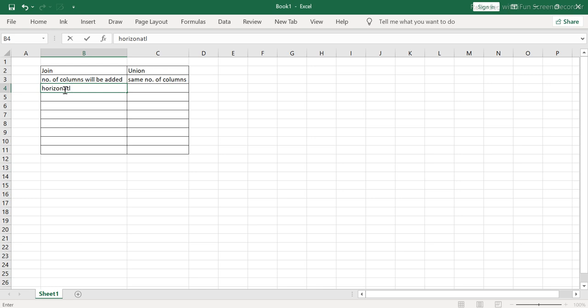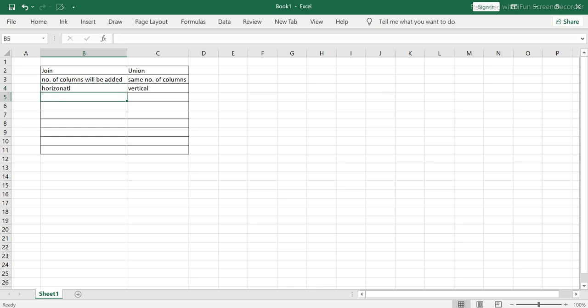Because it is adding more and more columns rather than rows, so it is scaling horizontally. But in the case of union, which is a set operator, it is a vertical expansion, meaning the number of records will be added. Here the number of records will be less, here the number of records will be more, and here the number of columns, the attributes, will be more. Hope you are able to understand it.